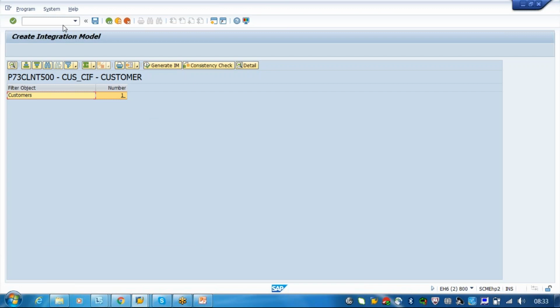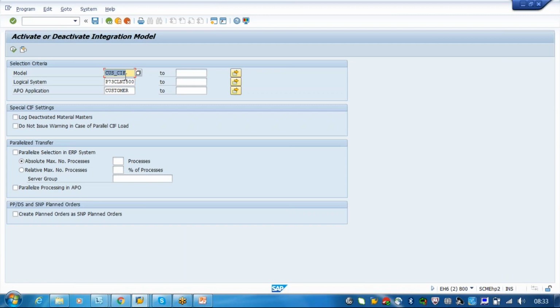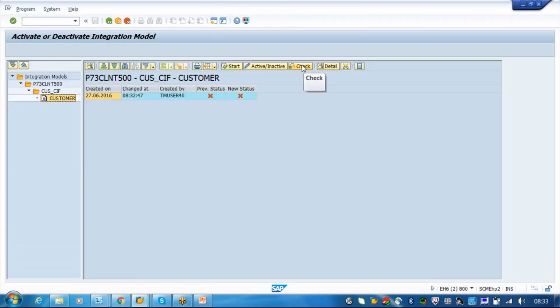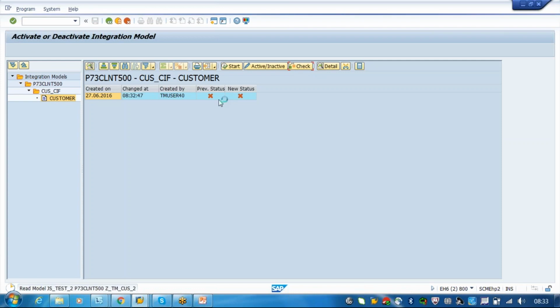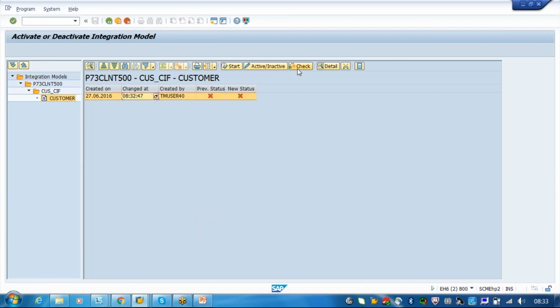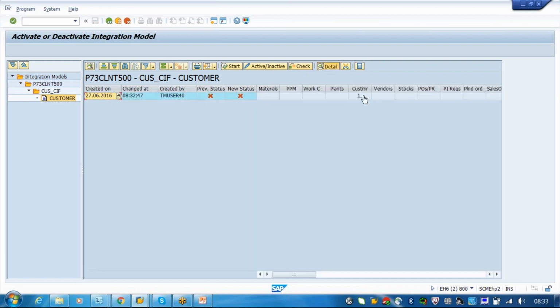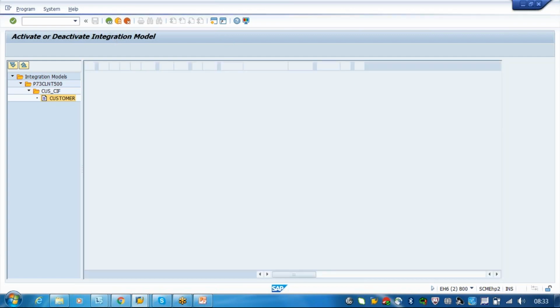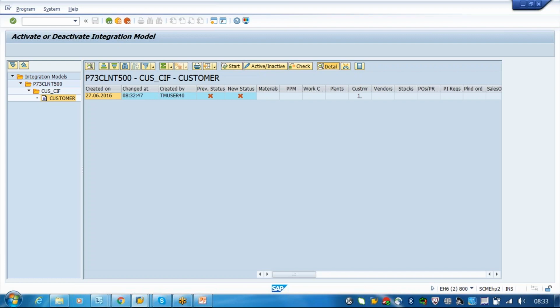So now you have to activate this integration model. For this, just go to CFM2. Okay, so this is our integration model. You can say execute. Just see here, check for the customer. What is the customer we are assigning here? Just click on this. It will look for the customer. What is the number? Okay, so this is a customer. The customer is C302. Okay, our customer only. Just come back and activate that integration model.